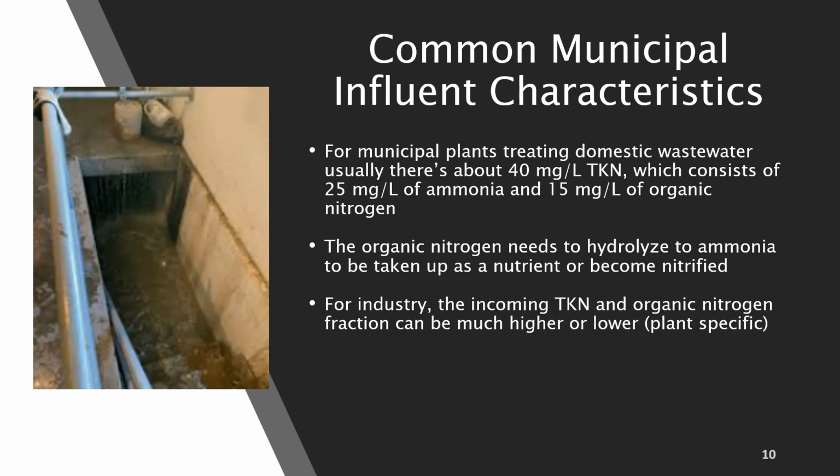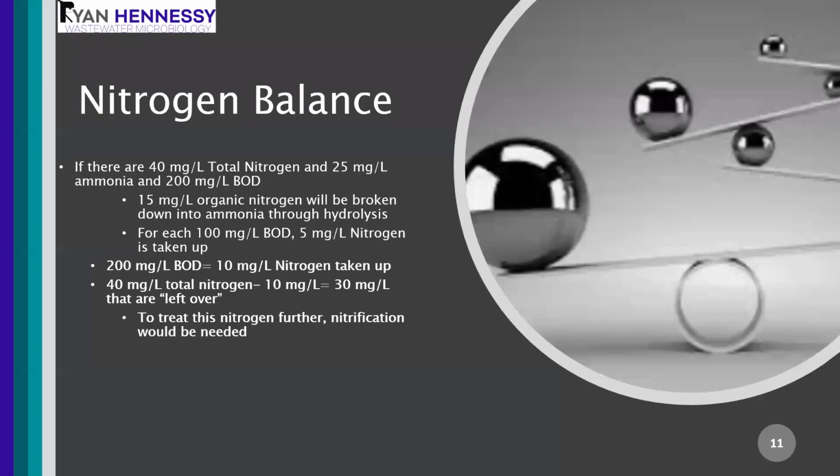So when we're looking at nitrification here, predominantly in municipal systems, and certainly in different industries, examples like beef plants have extremely high ammonia. And then there's other industries like paper mills that are very commonly low in nitrogen and need to supplement and generally want to avoid nitrification. So if we're looking at the numbers and how nitrogen is removed,